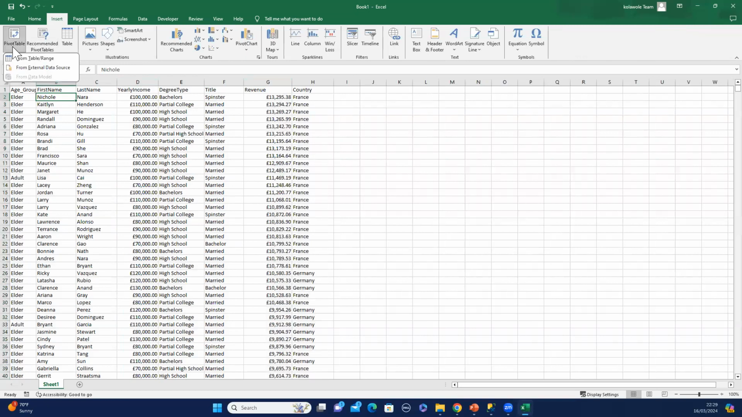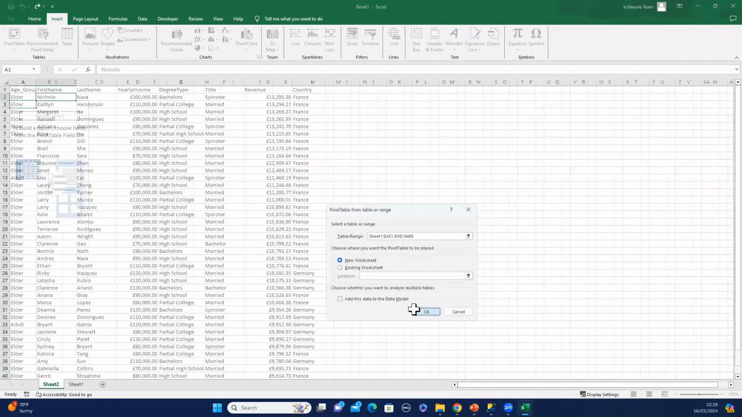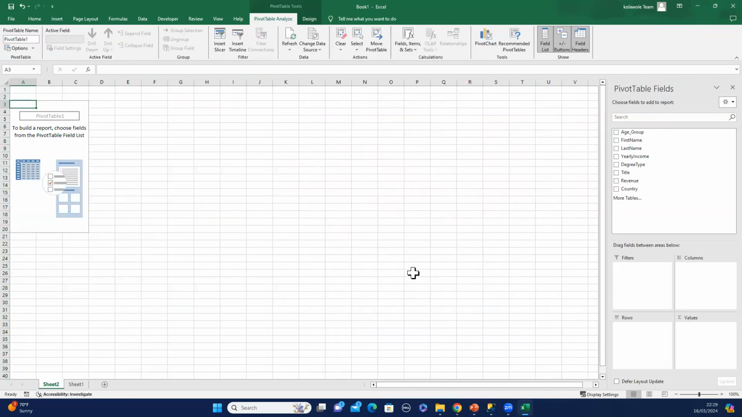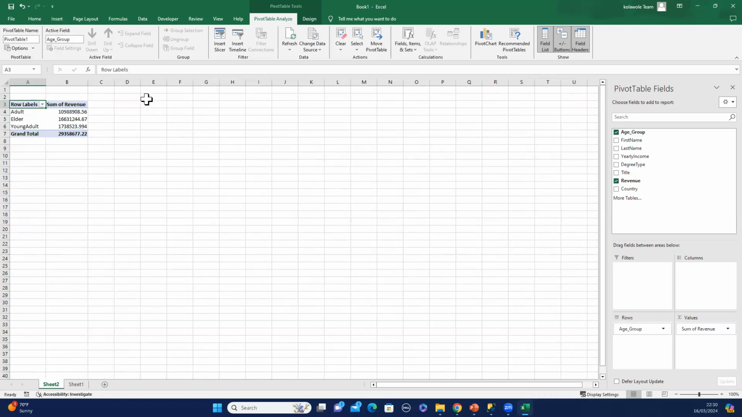Insert pivot table from table range, then make it a new worksheet. Then you can do whatever you want to do. Drag revenue to values. You can drag age group to rows. Then you can quickly say, okay, let's see,